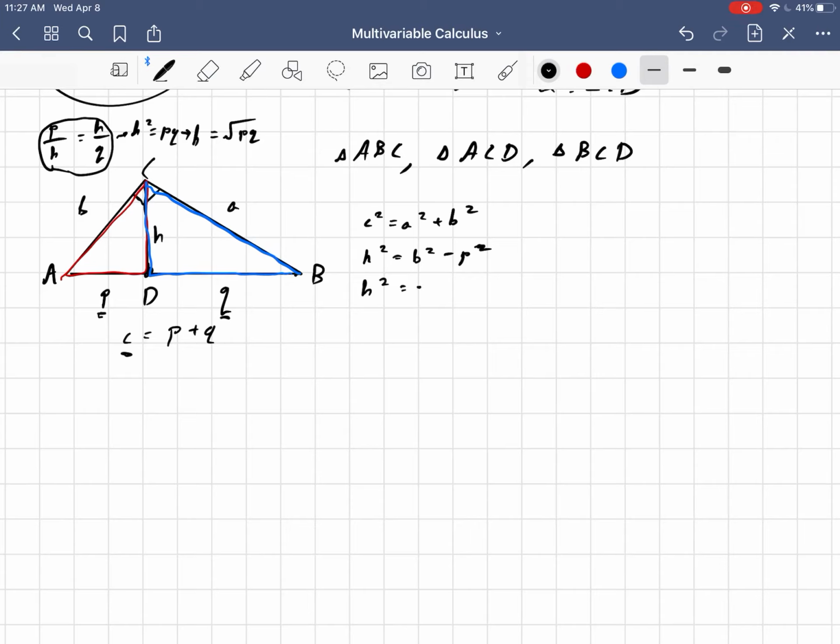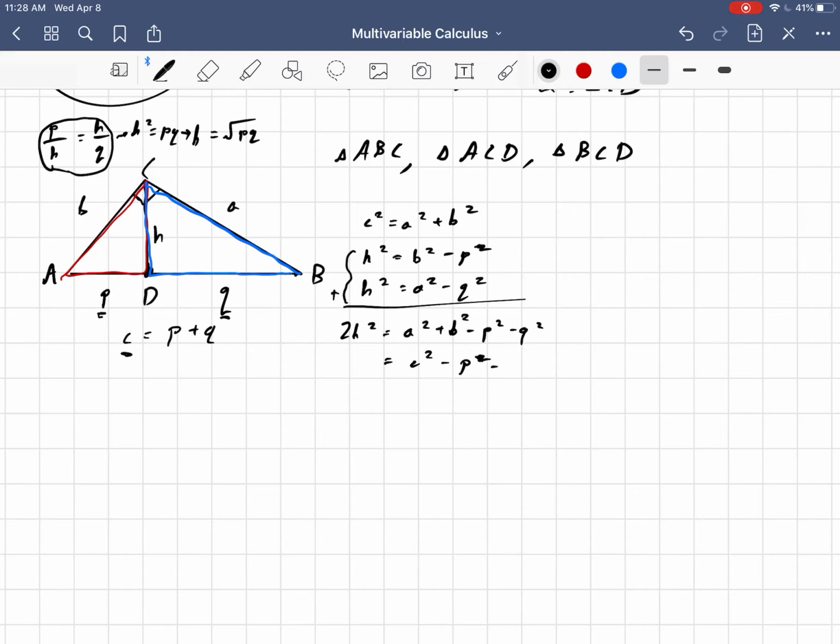And from the blue triangle BCD, we know that H squared is A squared minus Q squared. So I'm going to add these two equations, and I get that 2H squared is A squared plus B squared minus P squared minus Q squared,